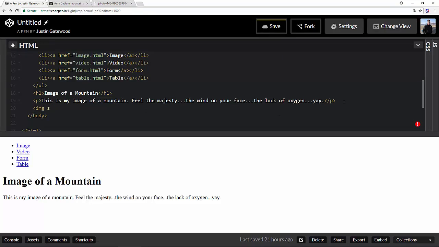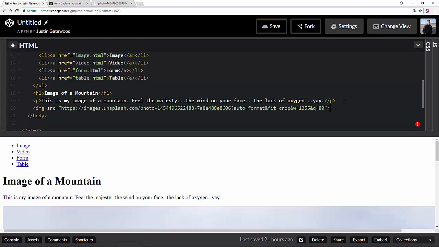I'm going to add my image tag with the source attribute equals the URL of the image, and I'm going to close it. But that's not correct. It's not valid HTML, nor is it accessible. So I'm going to add an alternative text attribute. The value of my alternative text is